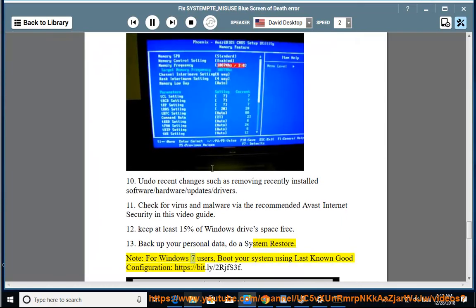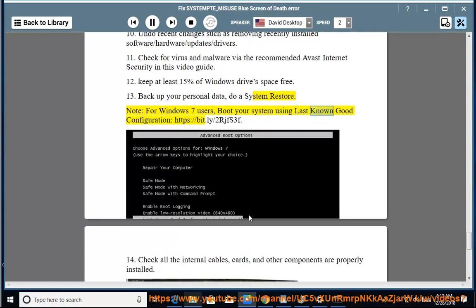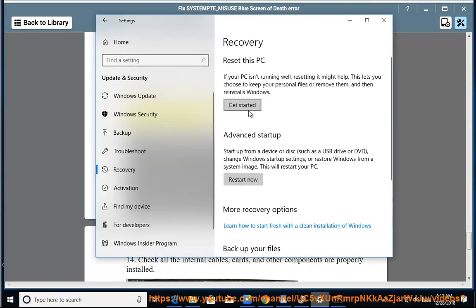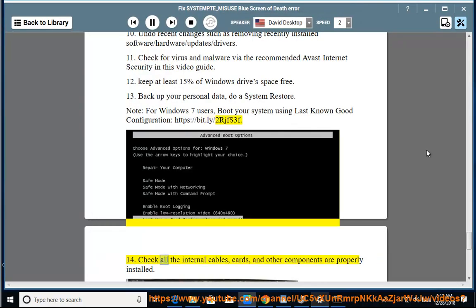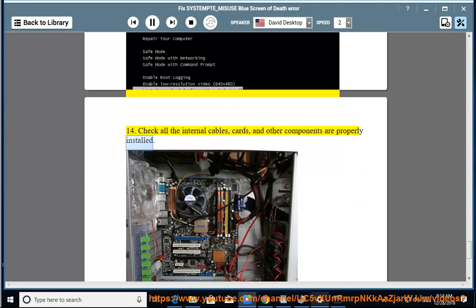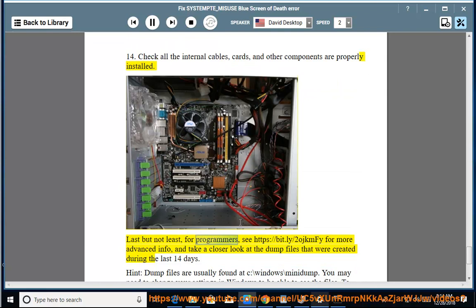Note, for Windows 7 users, boot your system using Last Known Good Configuration, https://bit.ly/2rjfs3f. 14. Check all the internal cables, cards, and other components are properly installed. Last but not least, for programmers, see https://bit.ly/2ojkm5 for more advanced info, and take a closer look at the dump files that were created during the last